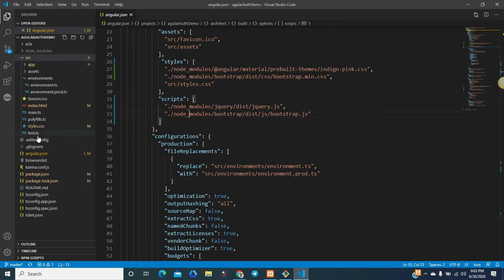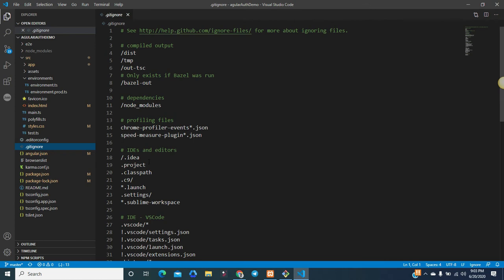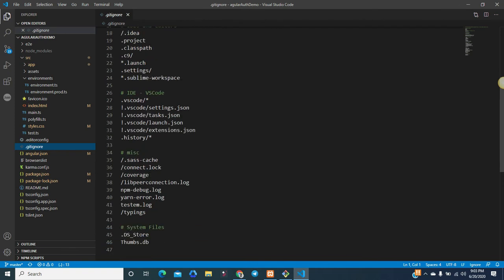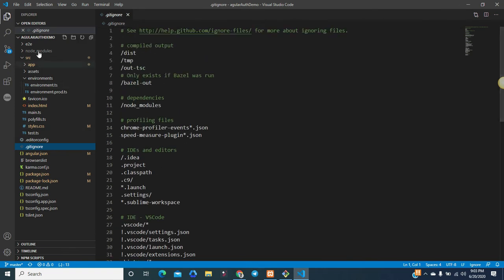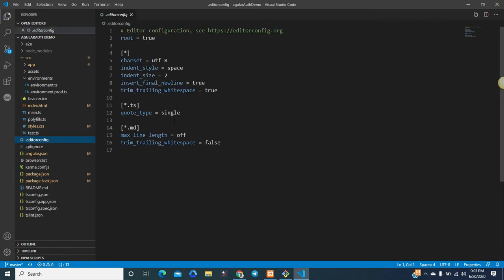Now move to another file, which is the gitignore. Certain files should not be pushed to the repository, such as the dist folder, and you can see some other files there, for example node_modules. This is the dependency folder, so whatever dependencies you have will be installed under this folder. There is no need to push that particular code. This is the git-related configuration, so if you want to include git in your project, then this file will play an important role.